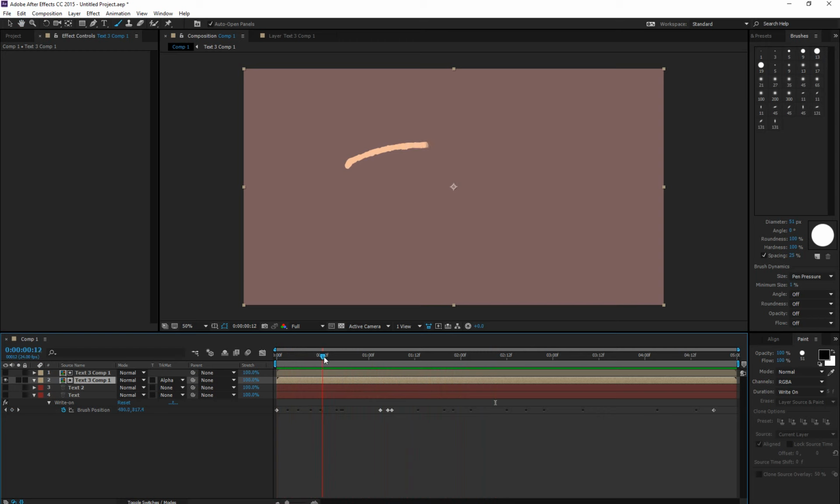Okay, so for the write-on effect we have multiple options that we can use, whichever suits you. And another thing is this issue, let me just turn off